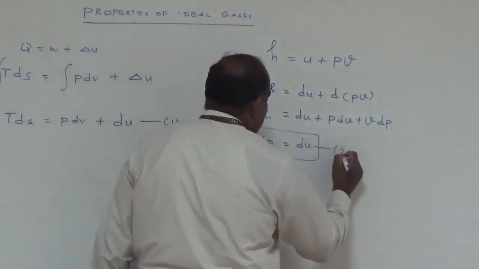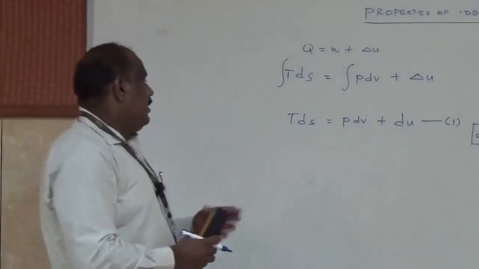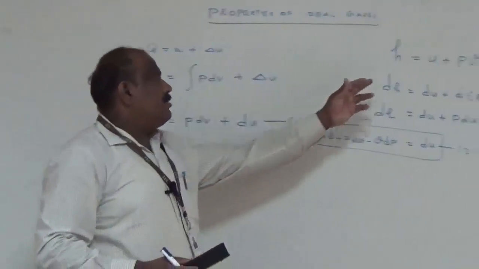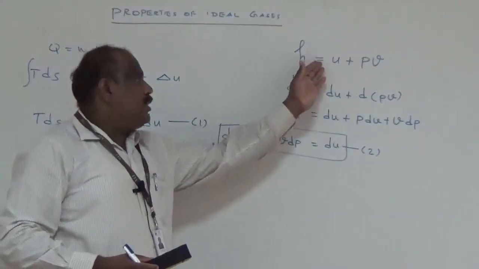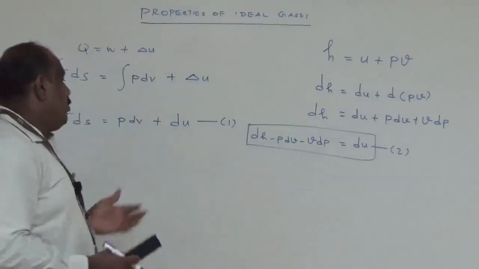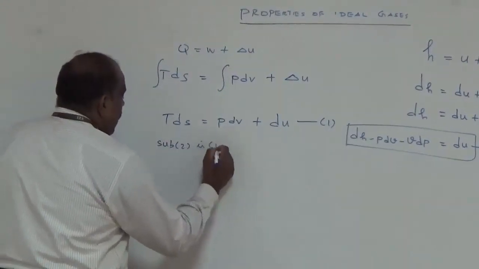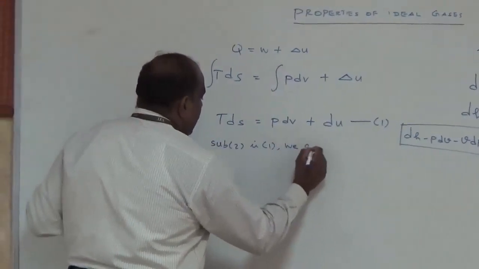We have this as equation number 2. From the first law of thermodynamics, I ended with TdS equal to PdV plus dU. As well as from the definition of enthalpy, H equal to U plus PV, I have ended up with the value of dU. Now substitute 2 in 1, we get